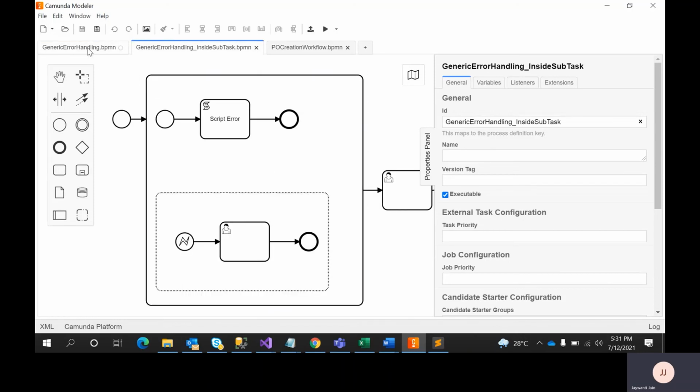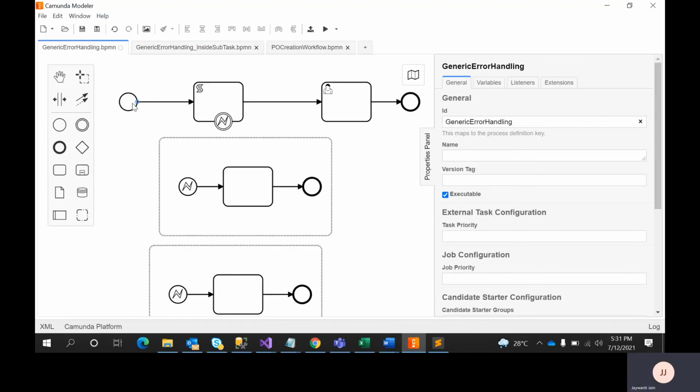Okay, I want to explain one another way. If you see, this is my process, the positive scenario, and if any error occurs in this script task or service task, I am simply redirecting here and it will take this one and end the process. Again, it will not come here. So if my requirement is that I want to notify the UI through pusher or activity log, but again I want to continue the process.